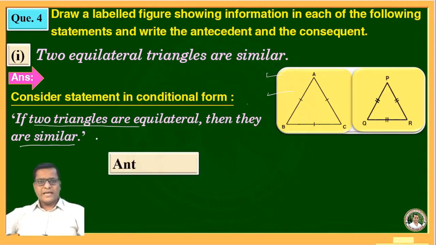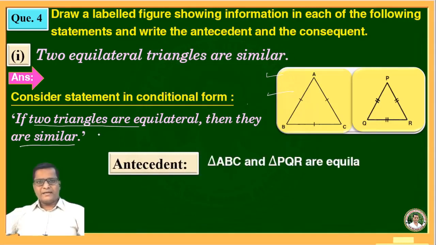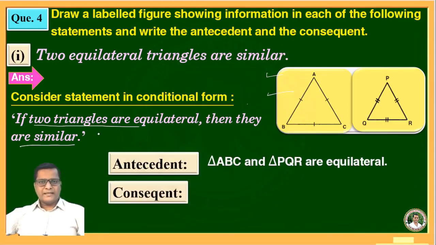Okay, then what is the antecedent? Means that is the given. What is given? Triangle ABC and triangle PQR are equilateral. This is given. And what is to prove? That is the consequent: these two triangles are similar triangles, means triangle ABC is similar to triangle PQR. This is the answer. Second statement is,